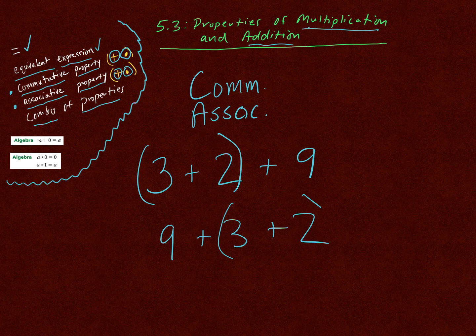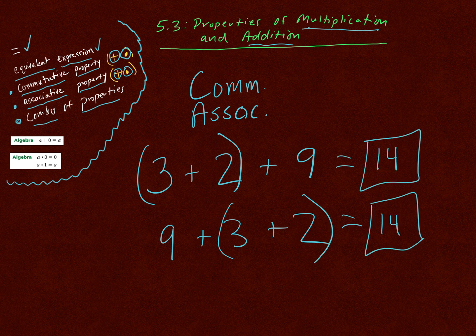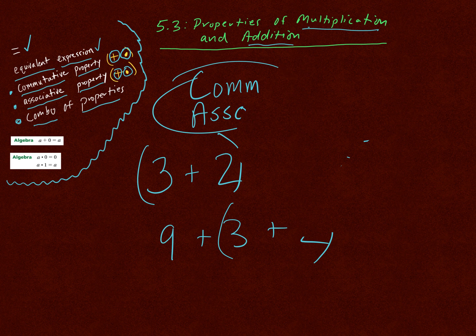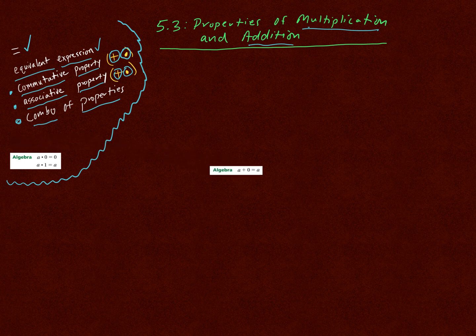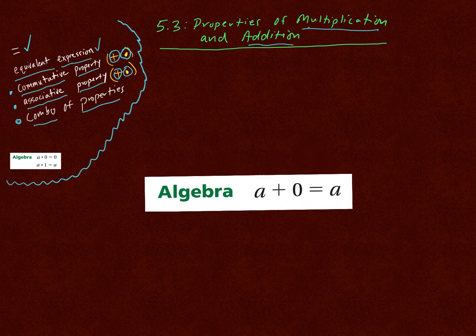So the last thing I just want to mention is that you can do a combination of both of these properties at the same time. Actually, that's not the last thing I want to mention. I want to mention real quickly a couple of rules when we're working with 0. So when we have 0 in an expression where we are adding or multiplying,